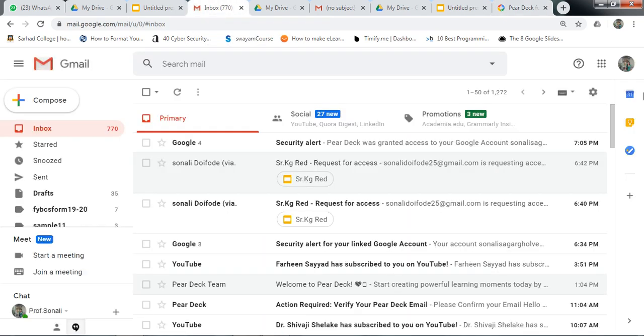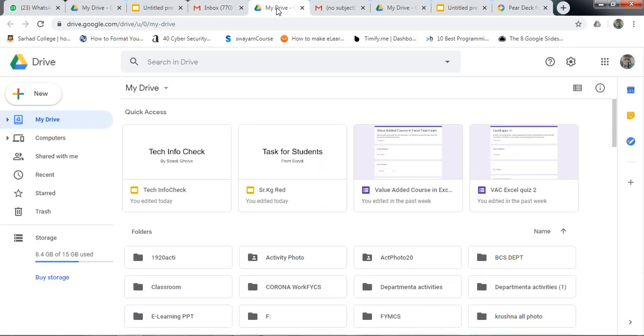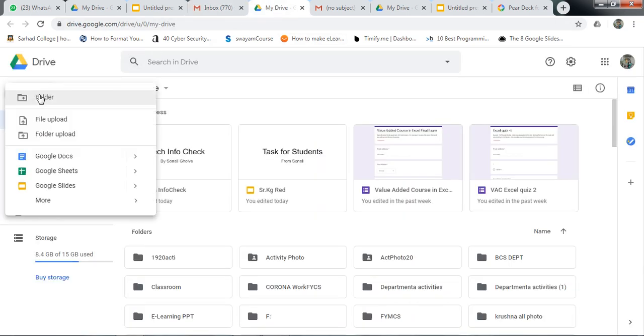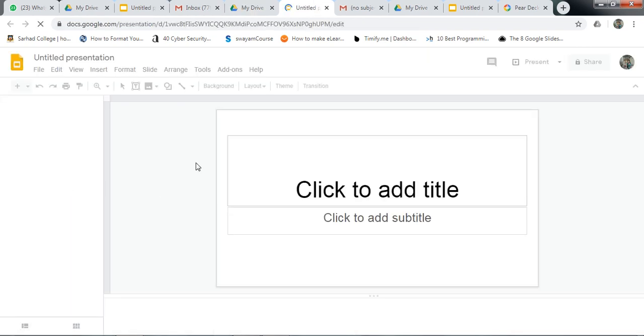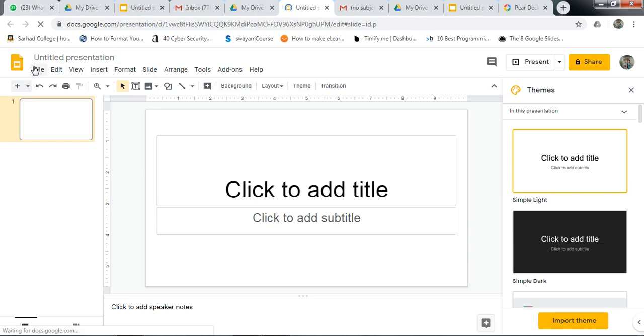Go to your Gmail account, then go to Drive. Click on New, then go to Google Slides. This is a blank presentation. Here is a menu bar. Click on Add-ons,